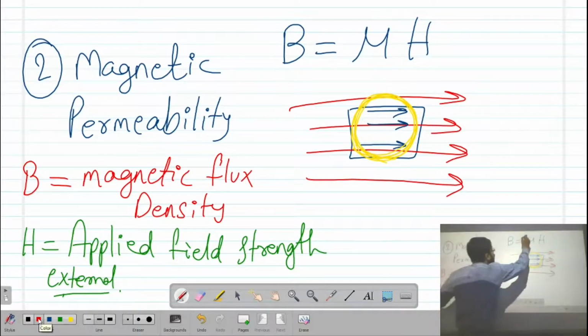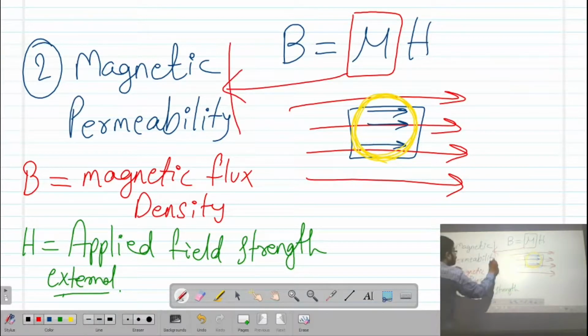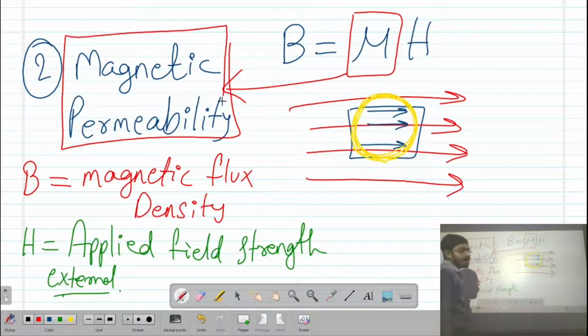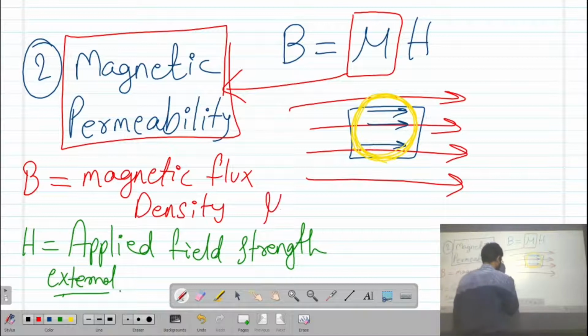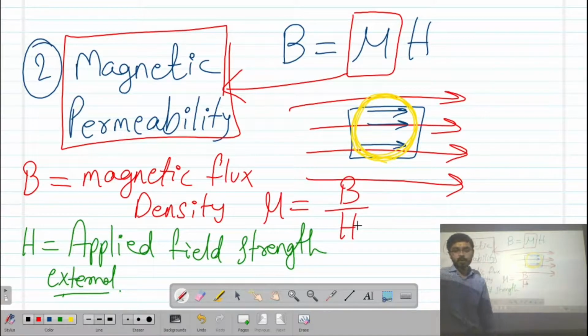So this mu is nothing but magnetic permeability. So mu will be equals to B by H. Mu is nothing but B by H, where B is magnetic flux density, H is the applied field strength, the external applied magnetic field.